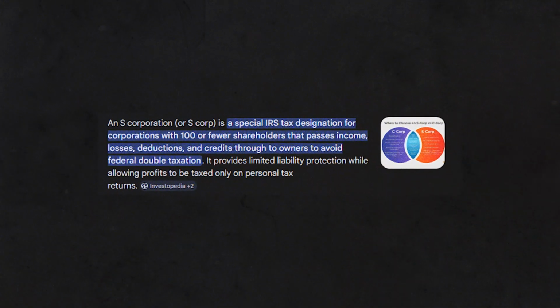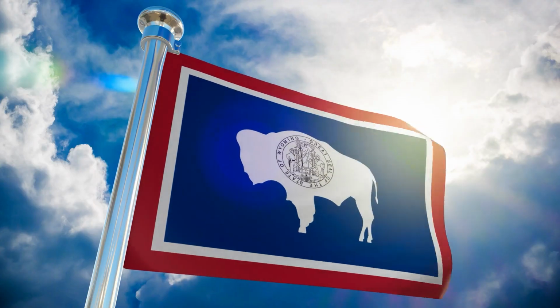Now, this is where a lot of confusion happens. An S Corp is not a type of company, it's actually a tax election. So for example, let's say you choose an LLC in Wyoming and then you say, hey, I wanna be taxed as an S Corp. That's exactly what this is. Now, why would someone do this? Well, in some cases, it can help you reduce your taxes, but for most people,